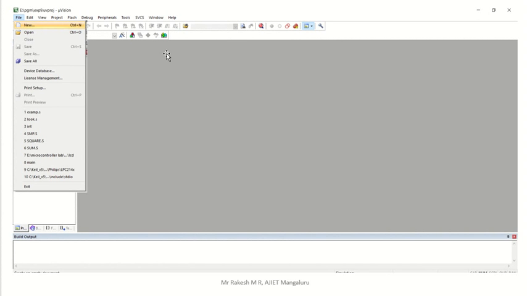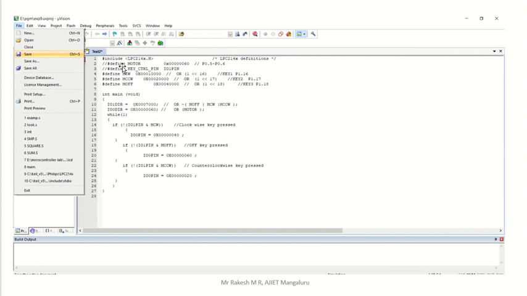Once you click Yes, you have to go to File and click New, then write your code. Whatever your stepper motor code is, just type that code and then save the program.